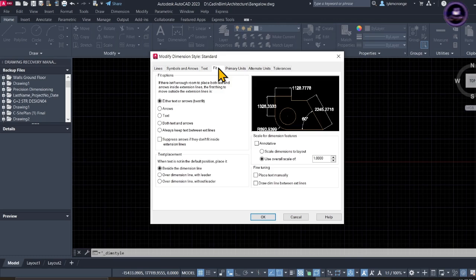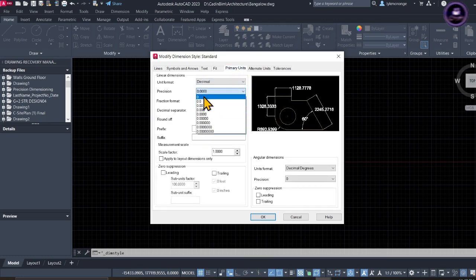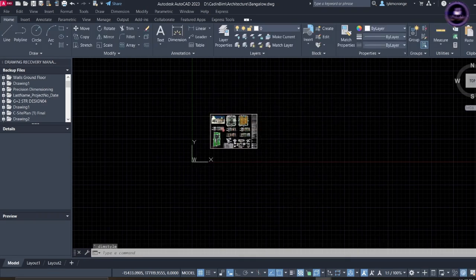because now we are working in millimeters. Just come to primary units. For the primary unit, just give this 0, just click OK, and then set current, say yes. So with this one,